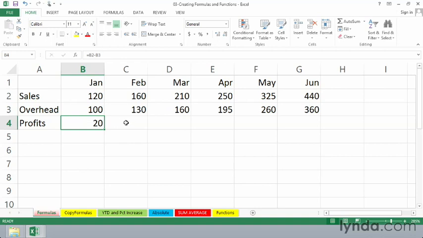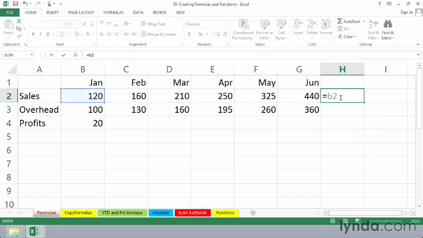Now, in later movies, we'll see a technique for repeating this formula in adjacent cells. We certainly don't want to have to write this formula all over again, and if we had 12 months, it'd be all the more work. Let's shift the focus into column H here, where we want to do a total. And based on what we've seen so far, you would imagine, for example, typing equal B2, or possibly clicking on it, plus C2, and I'm not going to finish this, but I think you get the idea here, plus D2 plus E2, and so on and so on and so on. And how much fun is this going to be if we have 12 months of data? This will work. It's certainly not efficient. Let's show you a better way.